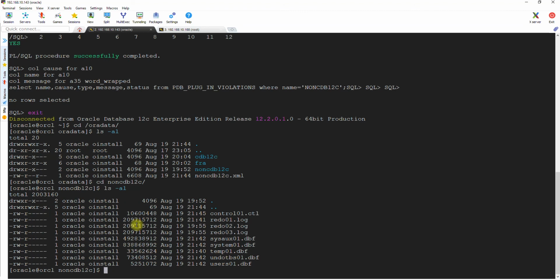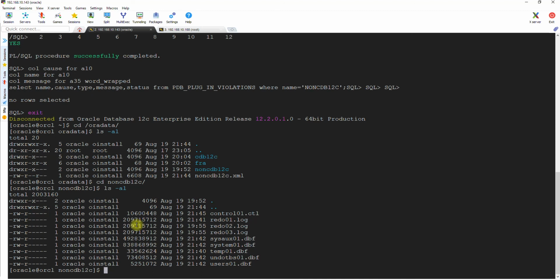So I need to make sure that what I'm planning to do is I'm not going to use these particular files. What I will do, I want to tell my container database package to change this particular location to the new location. I don't want to use the older location. Okay, so if I want to change or create my files into the new location, then I have to use the file convert parameter. I will show you how you guys can use it.